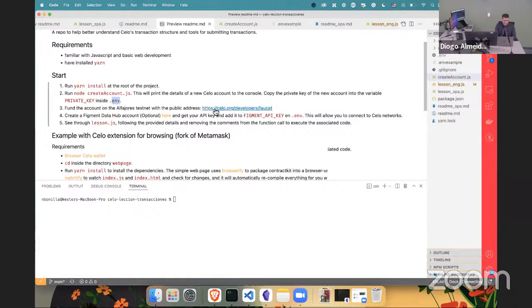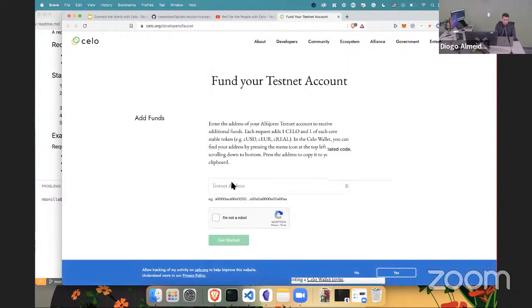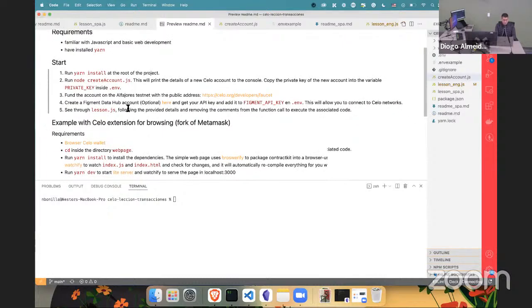And if we are creating one account, we want to have some funds, and there is a faucet. So we can use this faucet, just put the public key, and you're going to receive Celo dollars, Celo euros, and Celo. Right? Then we can use an RPC,